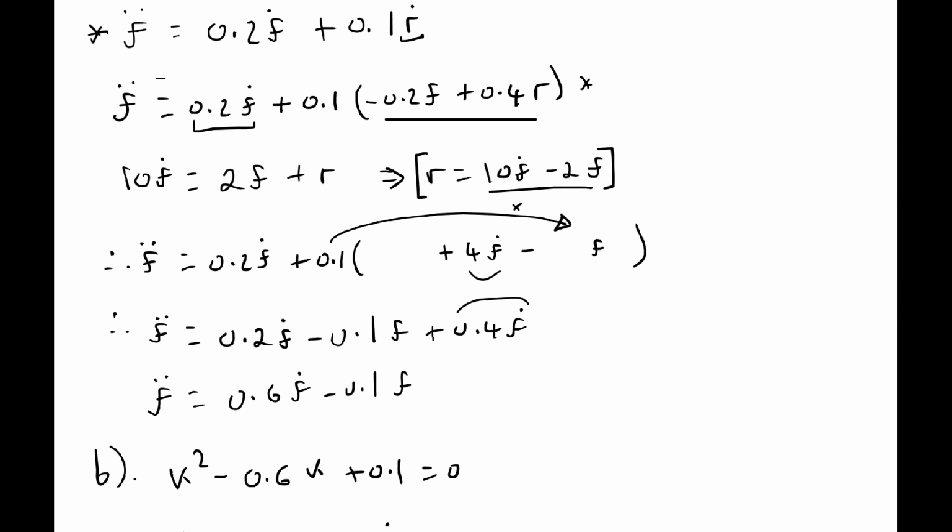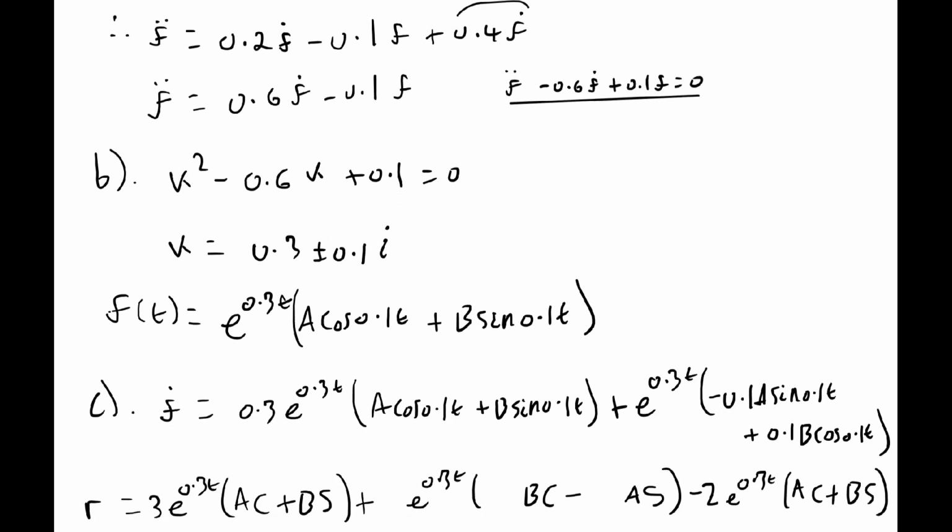Then I take everything over to the left hand side. I will get that f dot dot take away 0.6 f dot plus 0.1 f equals 0, which is the required form in part A. Then for part B,